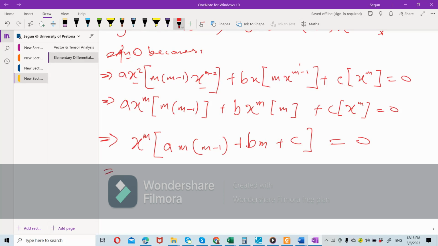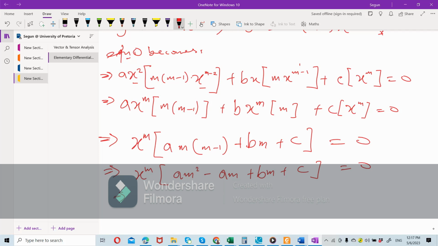If I open the bracket, I have x raised to power m into am squared minus am plus bm plus c equals to 0. So here, if I divide through by x raised to power m,